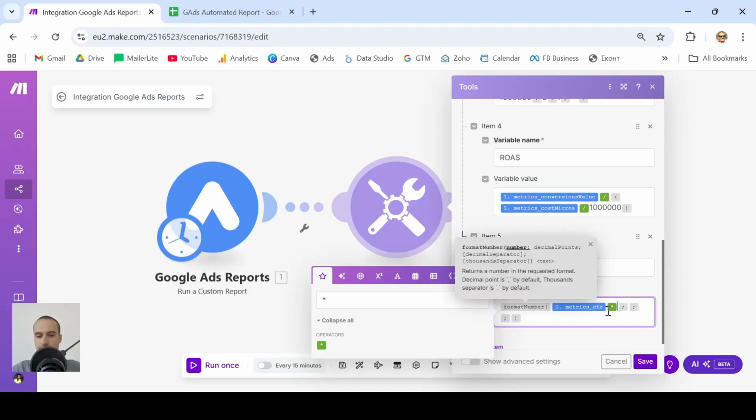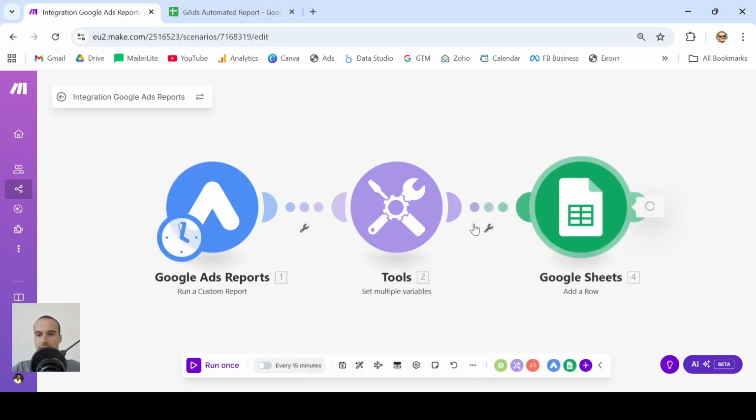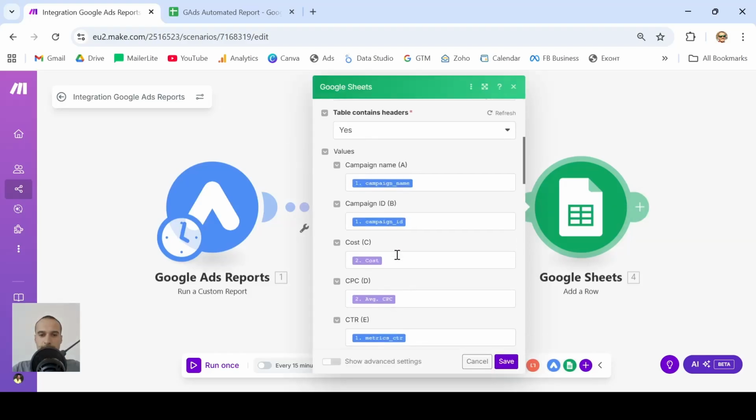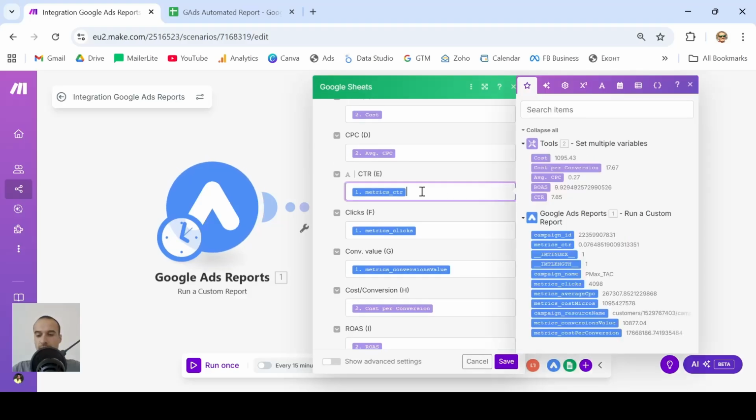Again, get rid of the extra spaces, multiply by 100, 2 decimal points, a dot, and no need for 1,000 separator. And then we click save. And lastly, we want to remap our click-through rate in our Google Sheets. Don't use the stock one that comes from the Google Ads module. We are going to use this one that, as you can already see, is much more easy to read. So again, save